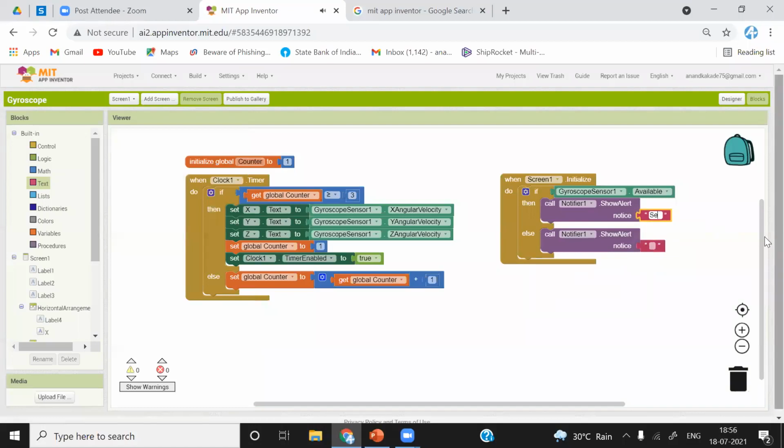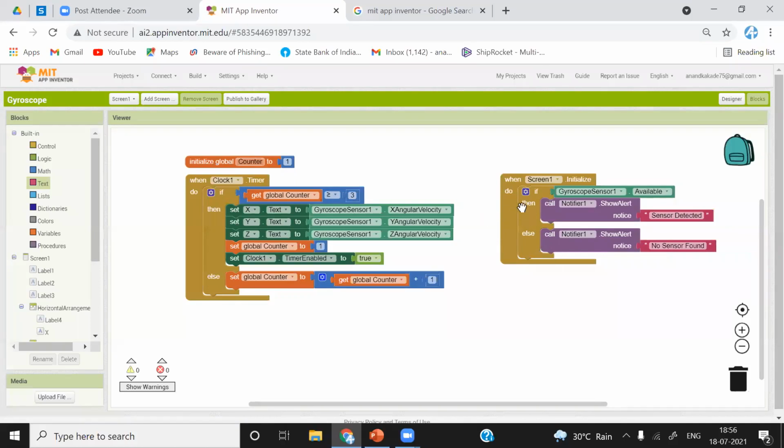Sensor detected. And no sensor found. Okay.